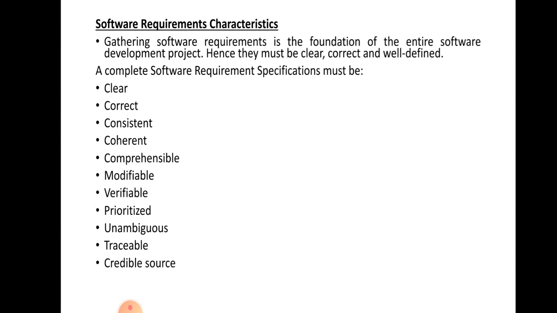It should be modifiable, verifiable. It should be prioritized, unambiguous, and easily traceable, with a creditable source. These are the specifications to be satisfied by each and every requirement.